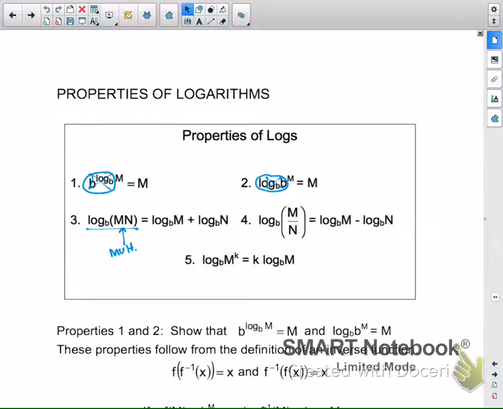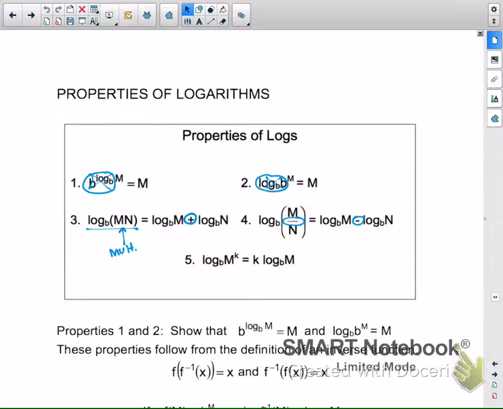Multiplication. The two things are being multiplied. You can then take it and expand it to two logs that are what? Added. So multiplication and addition go together in logs. That should somewhat make sense to us from our exponent rules. When you multiply two things with the same base, what do you do with the exponents? Add the exponents. When you divide two things that are exponents, what do you do with the exponents? Subtract. So division and subtraction go together, addition and multiplication go together because of our exponent rules, because logs and